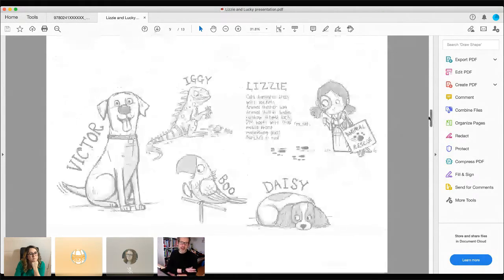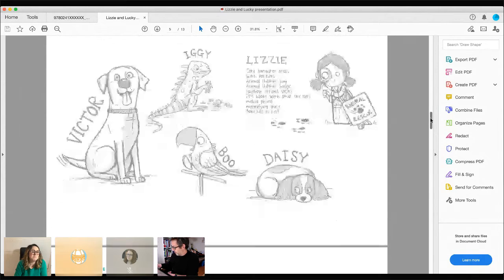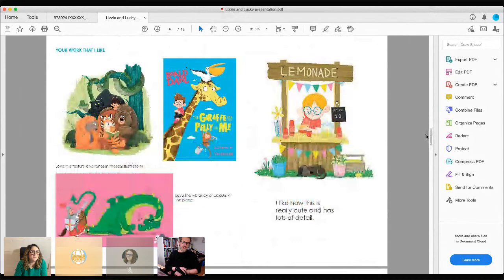These are the characters, the animals that are also involved in the story. So I sketched those up too. Iggy and Boo, the parrot, play a bigger role in the second part, but Daisy is a main role in the first book. So cute. And then, when asking to sample, Annabelle Jones,